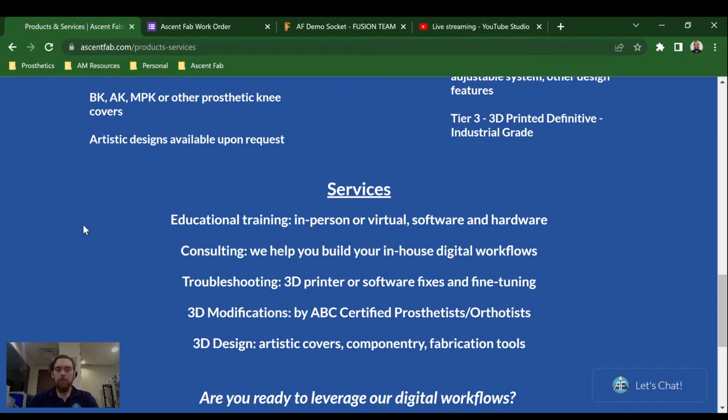Looking into some of our services, we do offer educational trainings in person or virtual, software and hardware, depending on what you want to get into. We will offer those training sessions by the hour. Other consulting services for in-house digital workflows, any troubleshooting that you need with your 3D printer,